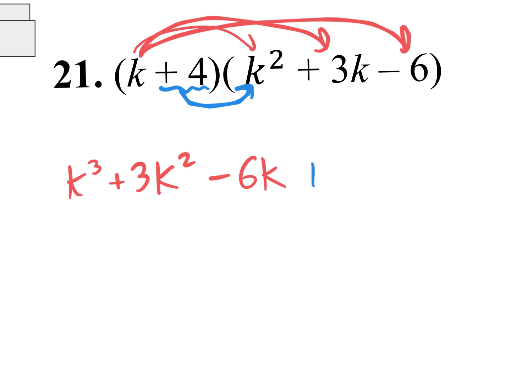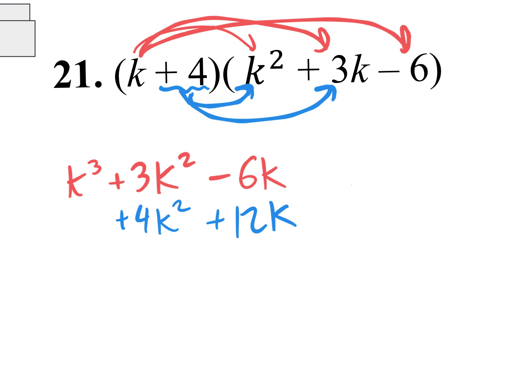But instead of writing it right there, what I'm going to do is write it underneath the other k squared term. Yeah, that's right. That's good. So plus 4k squared. I wrote it right under. I call this stacking. I don't know if it's even a word, right? Stacking. But I like to stack them and organize them so it'll be a lot easier to combine like terms later. All right, so how about positive 4 times positive 3k? It's going to be a positive 12k, but write that right here underneath the other